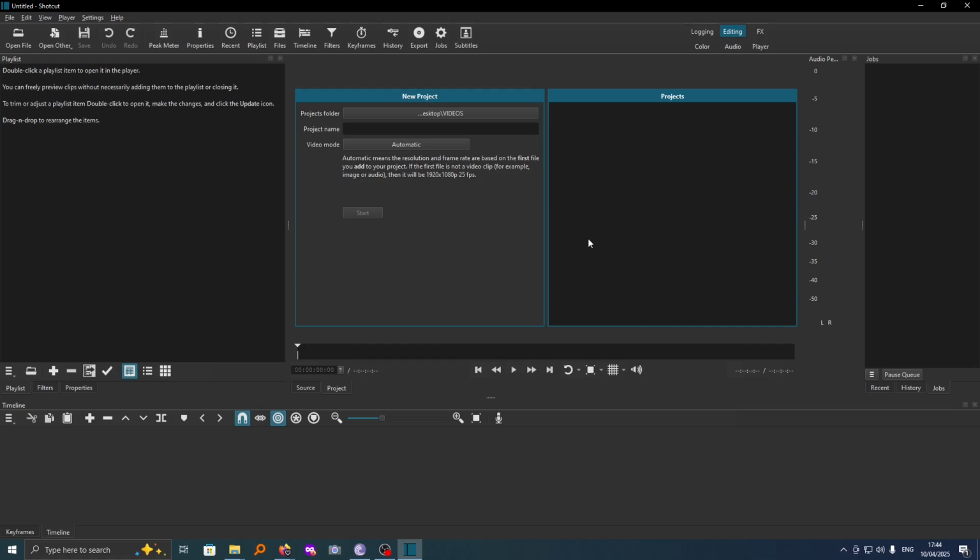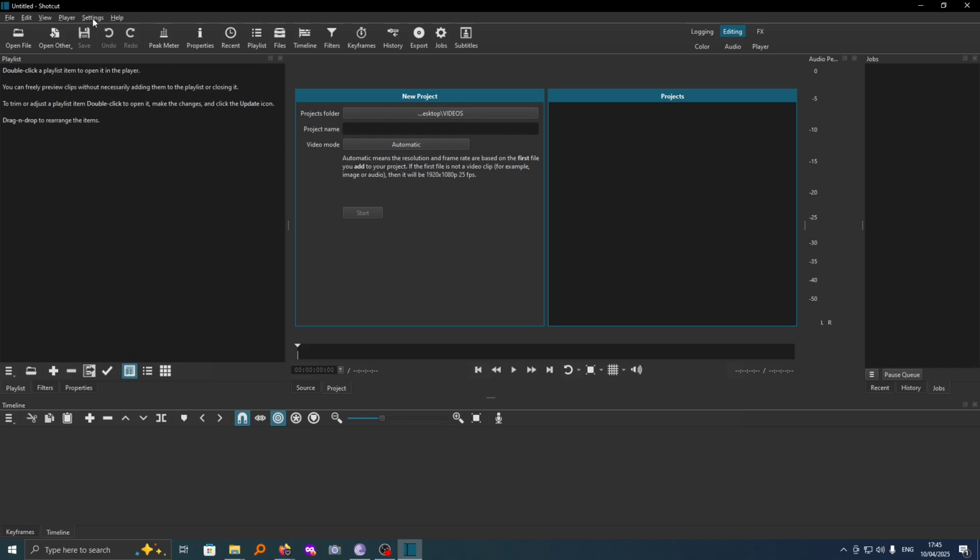In this video, I'm going to show you how you can change or set your video format in Shotcut video editor. So it is good to go ahead and have a standard video format that you want all your videos to be downloaded in. And the good thing is you can go ahead and make these settings straight into your Shotcut video editor app. So the first thing you have to do is to go ahead and open your video